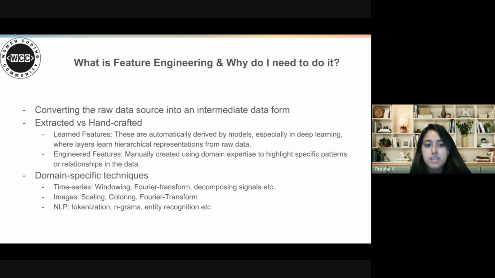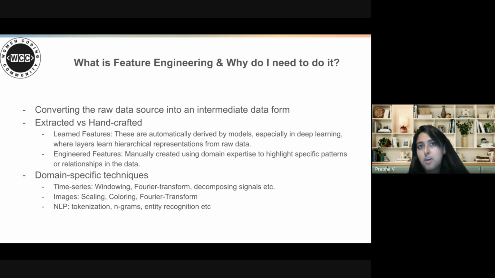One way is handcrafting new features from your own knowledge or domain expertise, or by combining different features available to you. Or else you can use unsupervised learning and other methods, where you train the model on the raw data, understand underlying patterns, and figure out new features from the existing data.